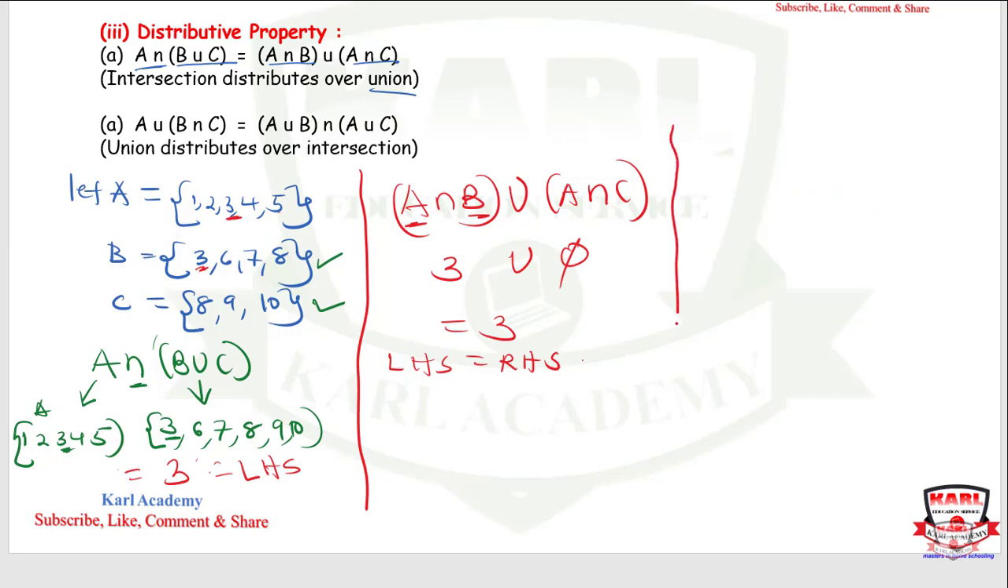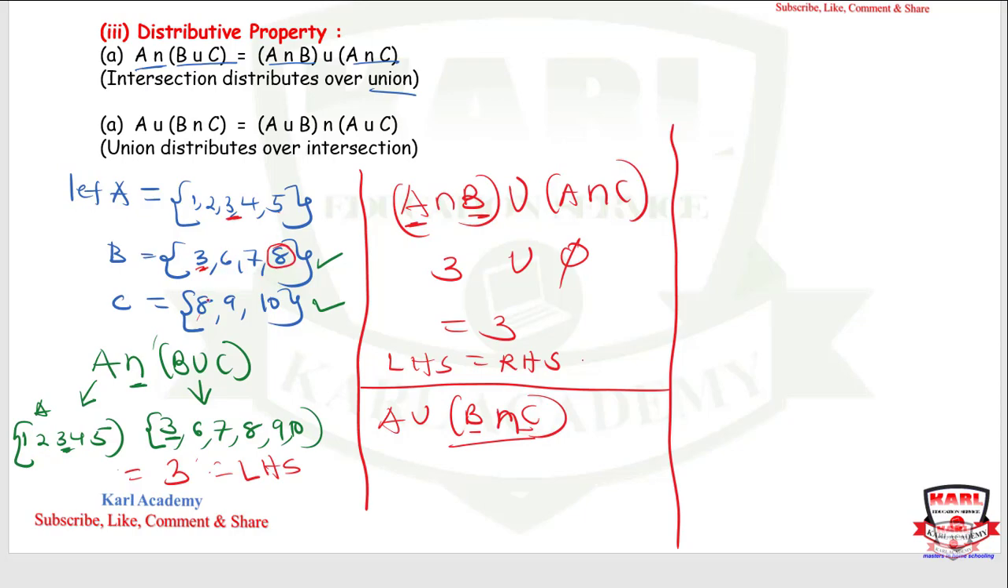So we are done with that. Then again, let's look at union being distributed over the intersection. We're talking about the union: A union into bracket B intersection C. We start with B and C, looking for which elements are present in both B and C. We only find that 8 is the element that is present. Then we pick 8. Then elements in A,